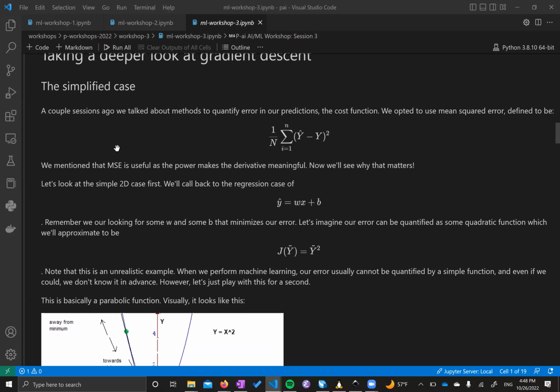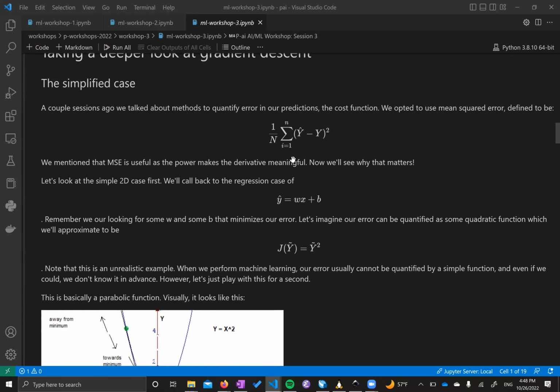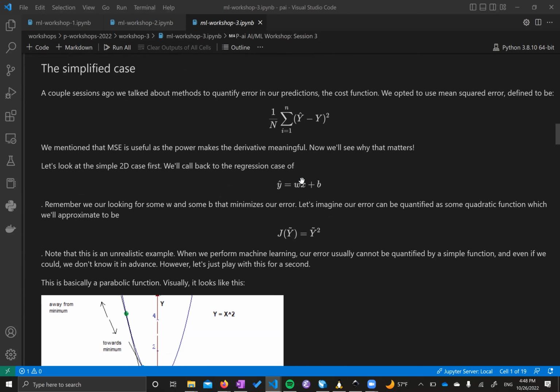Like we said earlier, we looked at this thing called mean squared error, and it's just a way that we define error. We'll also look back to that earlier regression case where we have y equals wx plus b, just because it's a fairly simple example problem. Let's first take a dummy case. We'll imagine that our error landscape, the hill that we're walking on, we know in advance. We'll say that it's a parabolic function,